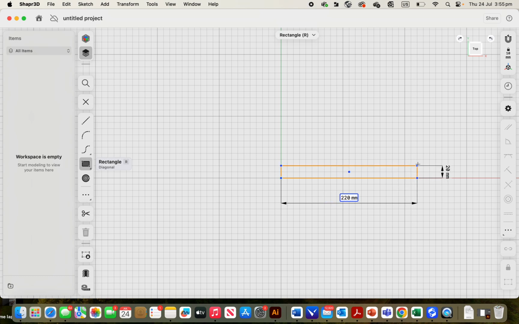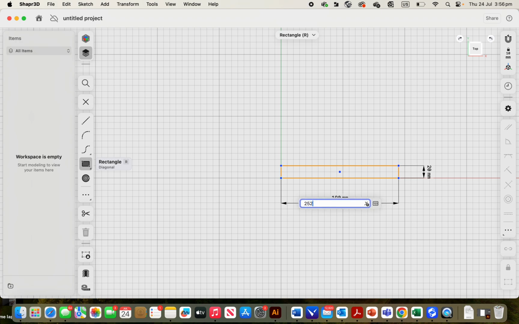We can either just drag it out until we hit 250. Sometimes, however, you might be working on a project, and you can see it clicks there pretty easy. It goes in increments of 10. You might be working, however, on a project that's, say, 252 millimetres, and you can't really get it there by dragging it out. So if you're having trouble getting it there, you can make it as big as you like, and then just start typing